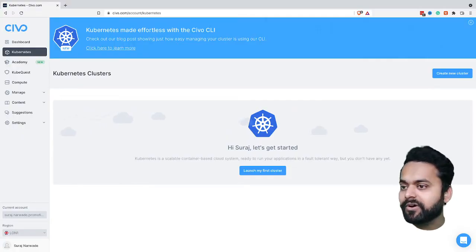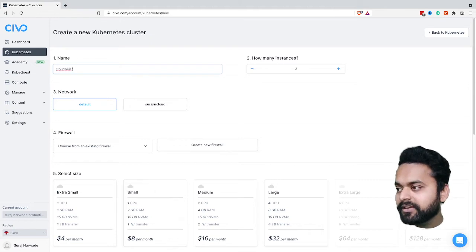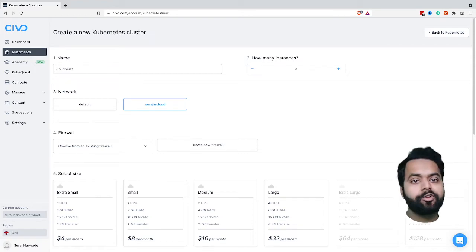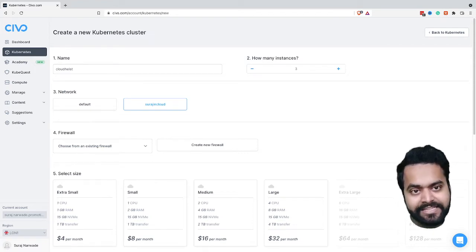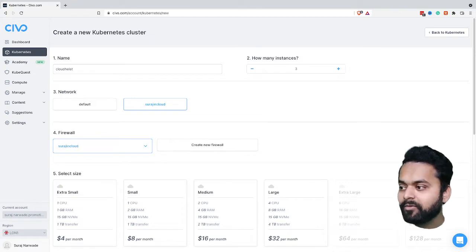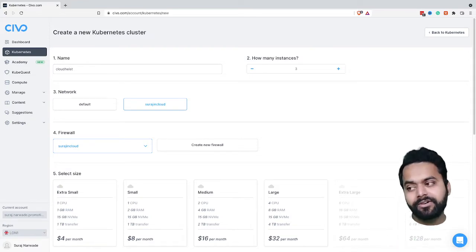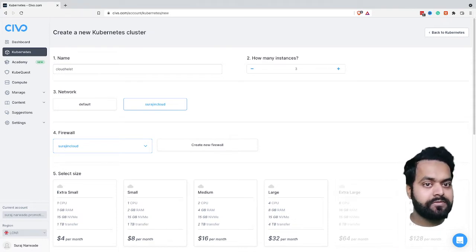Okay, that thing is gone. Cool, no problem. We will do it again. So cloud heist, we selected our network. As we selected the network, one thing to mention here is we are not specifying any CIDR or any additional network configuration. We just provide the name. What's interesting here is the firewall, meaning for this network what will be the rules, like the security group rules which we define in AWS. Similar to that you can define under this firewall.